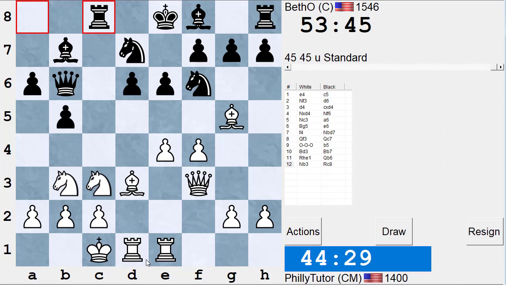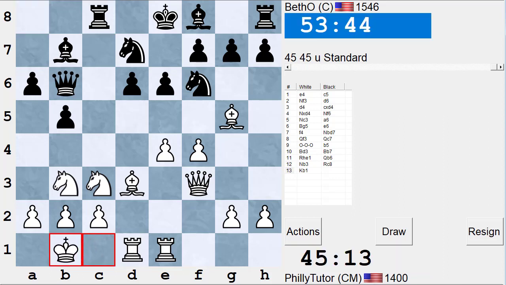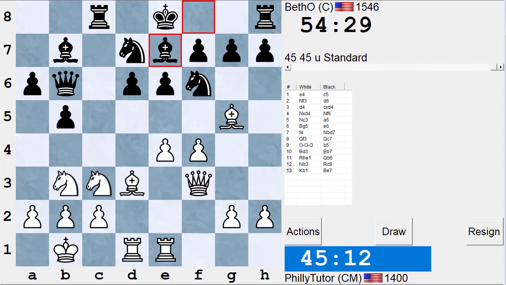Yeah, let's play king to b1. Mysterious king move. Bishop e7. Boy, he's Stockfish. Betho's playing pretty reasonable this game. All right, so I have a choice between bishop takes f6, knight takes f6, g4,